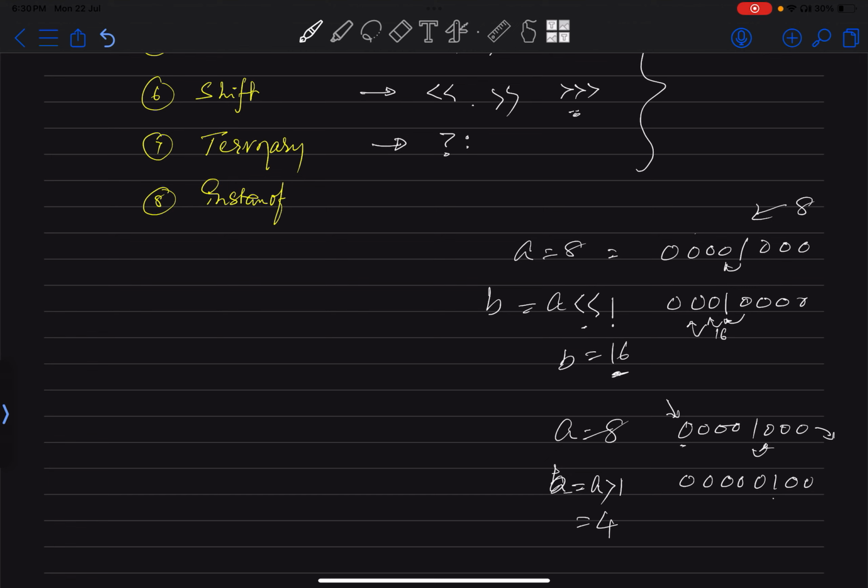Basically, in Java, normally if I consider 16 bits for representing a number, the last one bit is generally used for the sign purpose. So if I'm starting from lower order to higher order, the last one